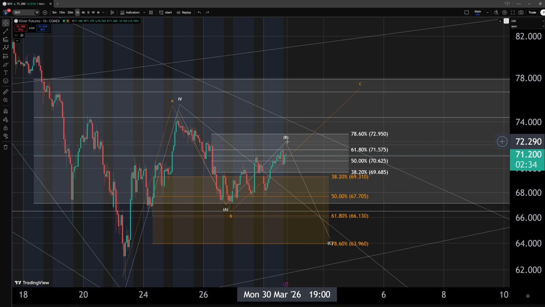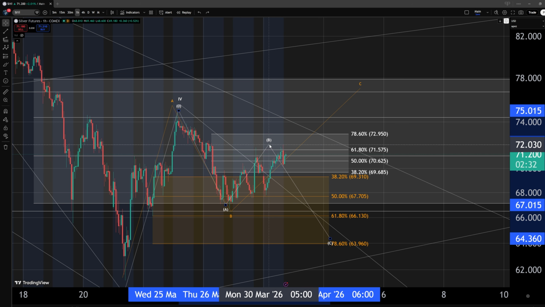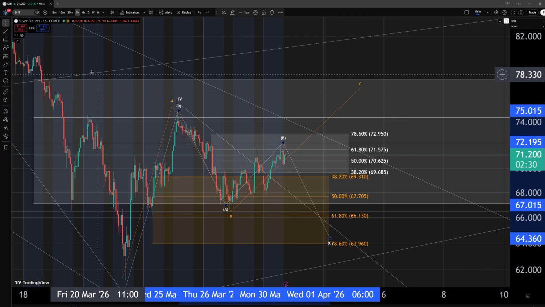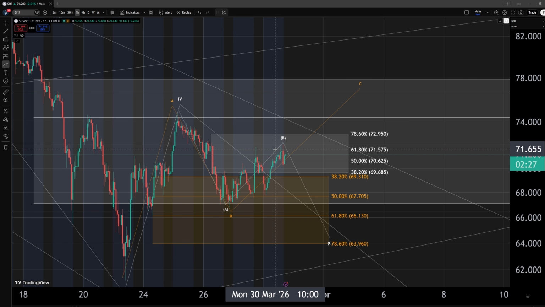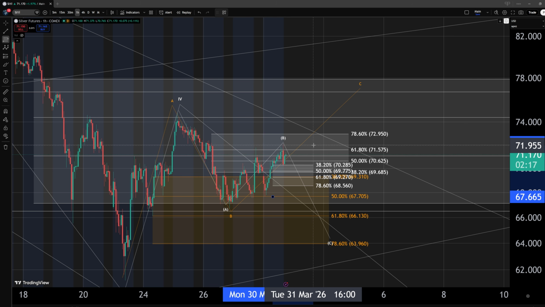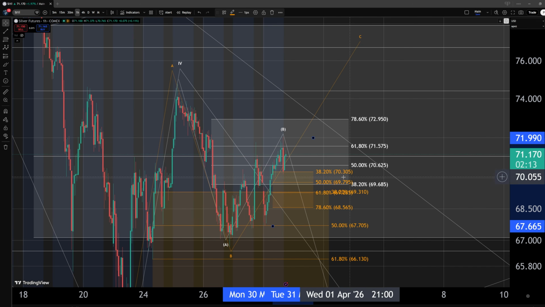Now, in this wave B, we can notice we have gotten rejected already twice at the 61.8% retracement. There has been more of an attempt here the second time, and there is really no strong indication that we would be extending directly higher, but in terms of support, what I would be tracking for direct continuation in this structure would be down to the 78.6% retracement at